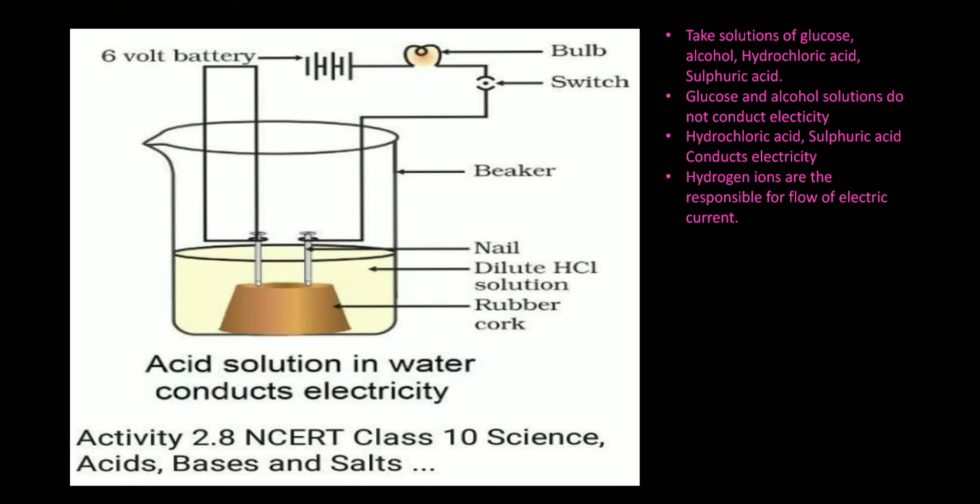Now the last one, the fourth trial, using alcohol. Wash the beaker and remove the glucose. Then for the fourth trial, add alcohol. Before it was switched off; now add the switch. Now observe whether the bulb will glow or not. If the bulb glows, there is a completion of the electric circuit. If the bulb does not glow, the circuit is not complete, so there is no passage of electric current.